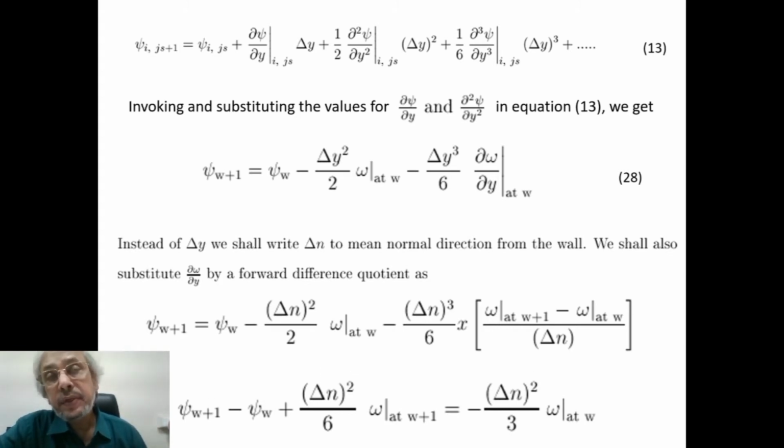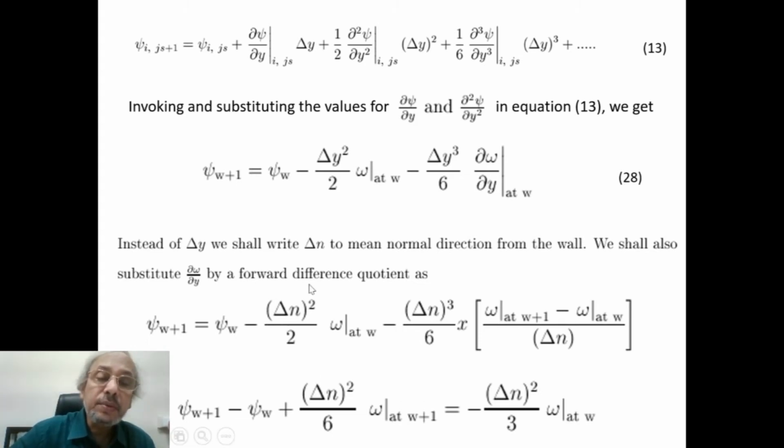But the solid surface may be horizontal, may be vertical, may be inclined. Then we have to consider basically the near wall point in the normal direction. So delta y is substituted by delta n, normal direction from the wall,